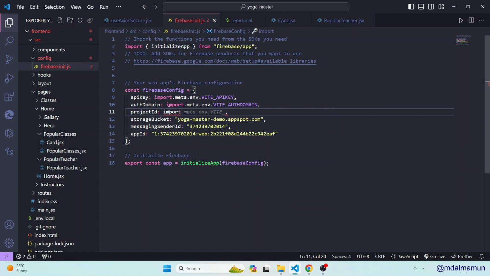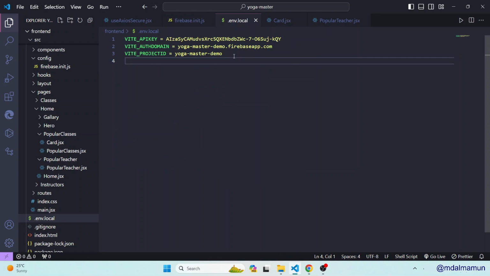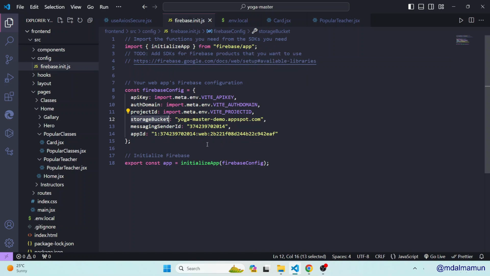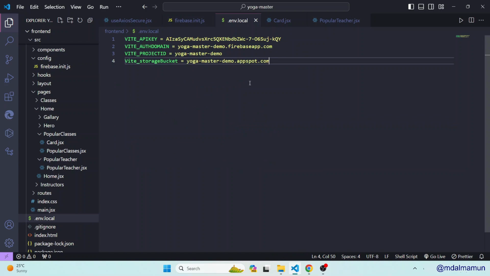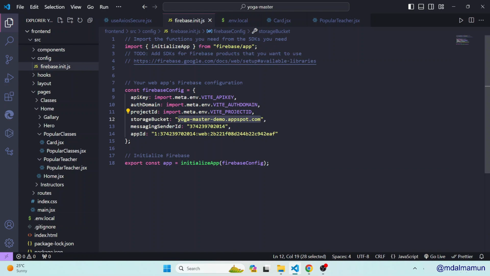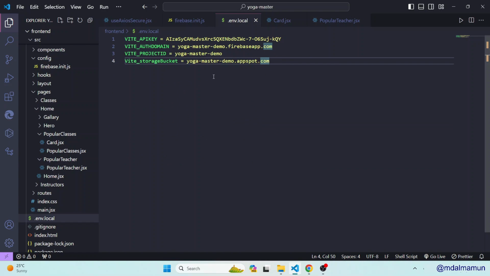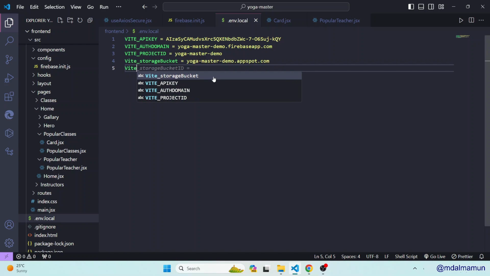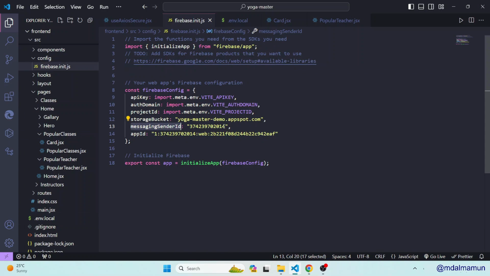That would be import.meta.env. Here we will pass this. Okay, this way you can just simply replace it. Okay, let me do it. If you are new, then it will be a little bit difficult for you, so that's why here we'll have this value. Okay, then for the fourth one, that would be VITE underscore, then we will have this,